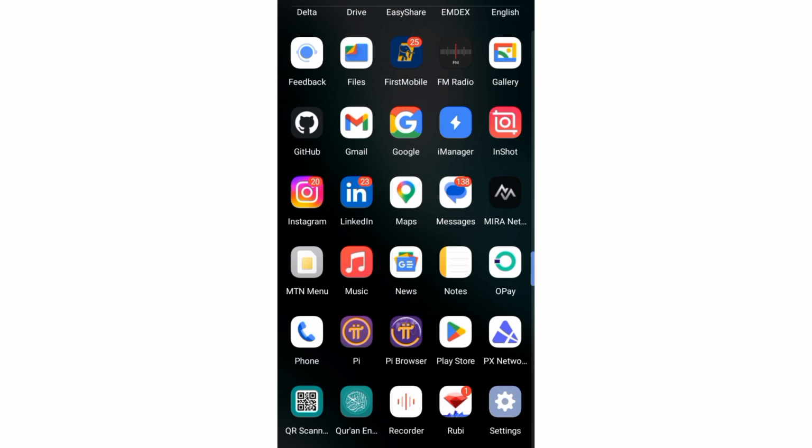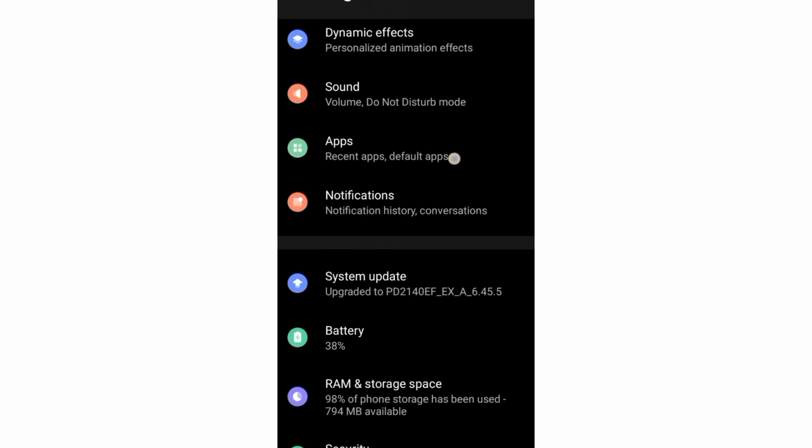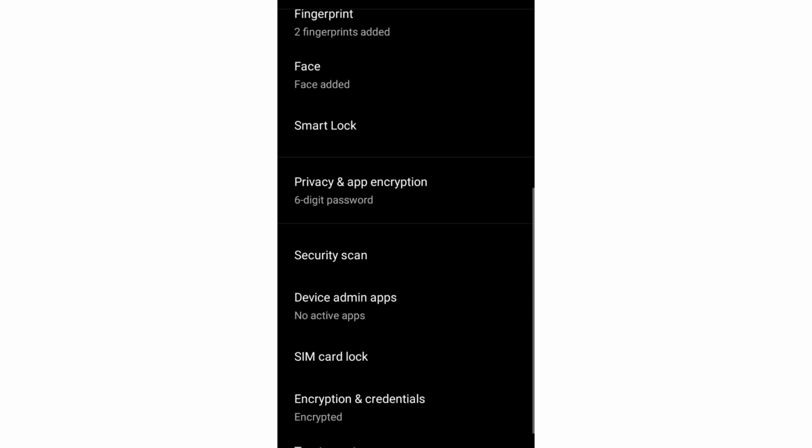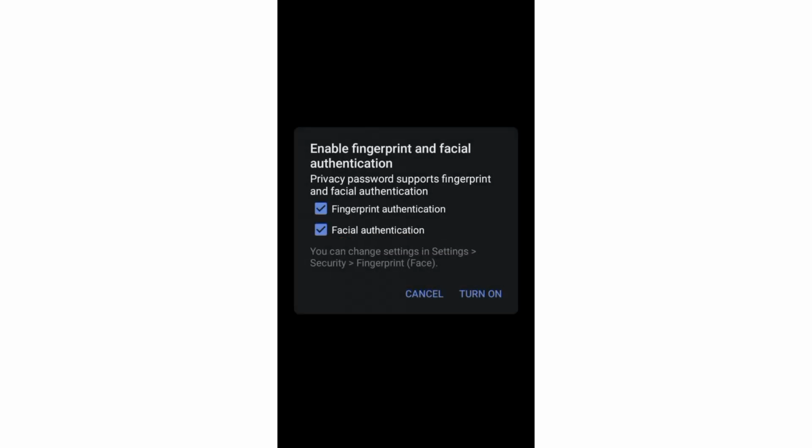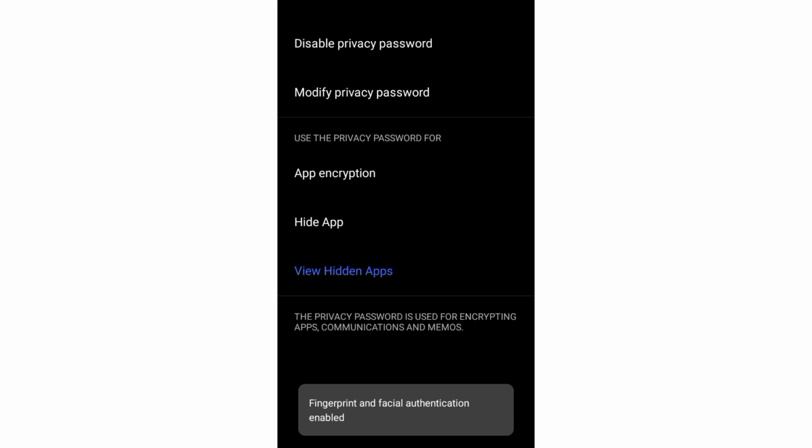If you want to use it, go back to settings, scroll down to security, you scroll down to privacy and app encryption. So you enter your password. There's another section here showing enable fingerprint and facial authentication. If you want to enable fingerprint and facial authentication, tap on turn on and then you input your phone password. So when you are done,